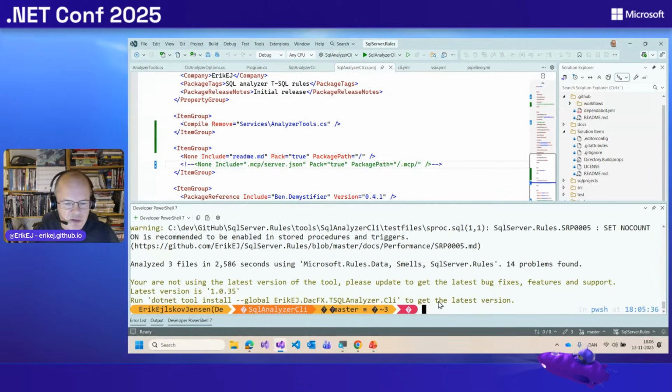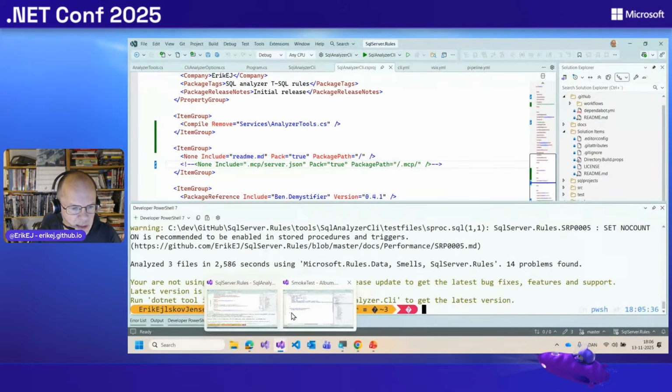And the installation actually means that it's being downloaded to your NuGet cache, and on top of that, it's also being registered with a shortcut somewhere else on your disk. So that's what the installation means, and you can also have local installations. Global means global for me as a user. It doesn't mean global for all users on this machine or server.